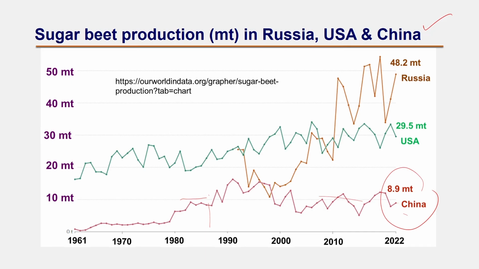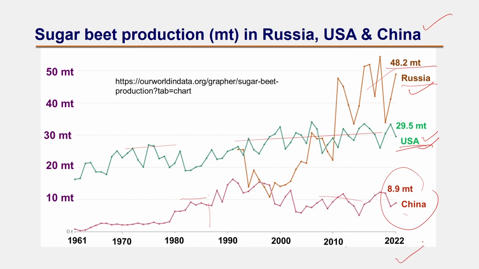Now see the case of Russia. The data is available from 2000, 2010, 2022. The production is almost increasing in Russia, and currently it is 48.2 million tons. Now see USA. In USA there have been ups and downs in the production, but roughly it is almost constant, somewhere around 30 million tons. So currently in year 2022, USA produced 29.5 million tons, Russia produced 48.2 million tons and China produced 8.9 million